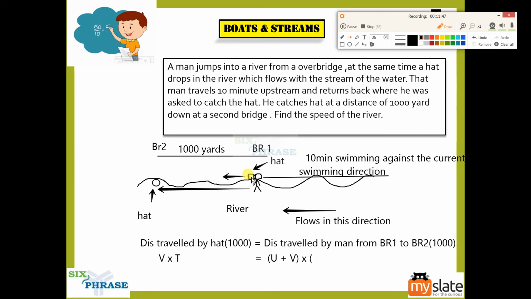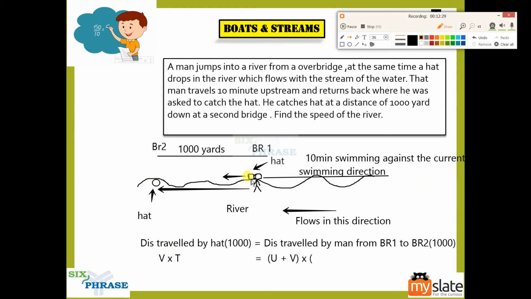Now the time taken for the hat to move from here to here, and the time taken for the man to move from here to here, they are different. You cannot use the same t. I'll tell you the reason. Now, what is equal is the time taken for the hat to move from here to here, and the time taken for the man to go here 10 minutes, and then again come back here, and then again go here, correct? Yes, that is equal. The time taken t.